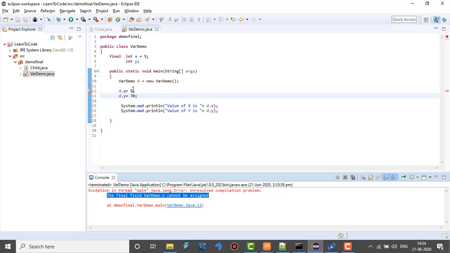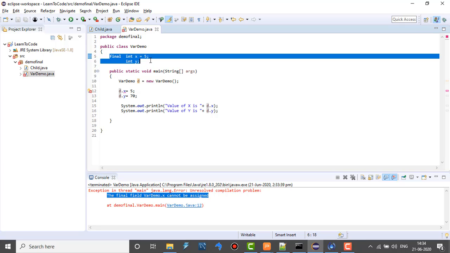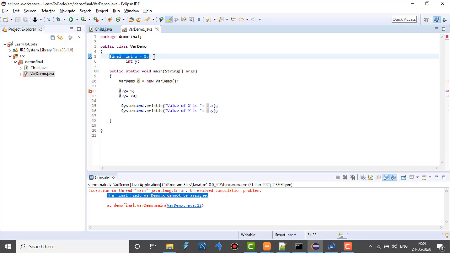Still it will always give you an error, which proves that when the final keyword is used with an instance variable, the value of that variable cannot be changed once a value has been assigned. And always remember guys, wherever you are declaring the final variable, be it a static variable or an instance variable, you need to initialize that variable within that line. The initialization should be done where the declaration is being done.